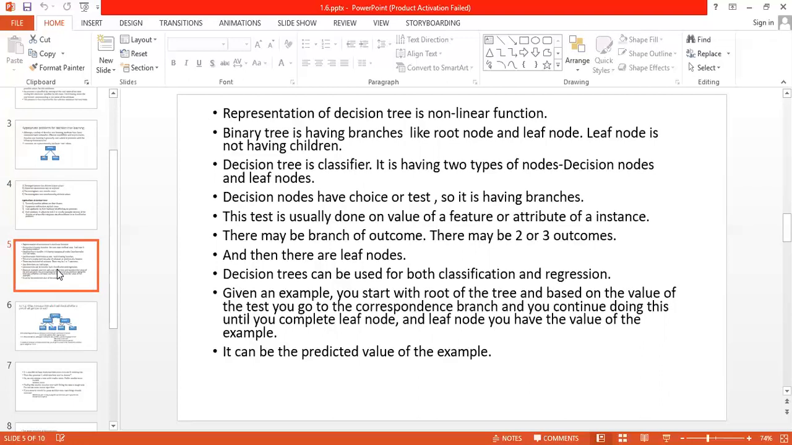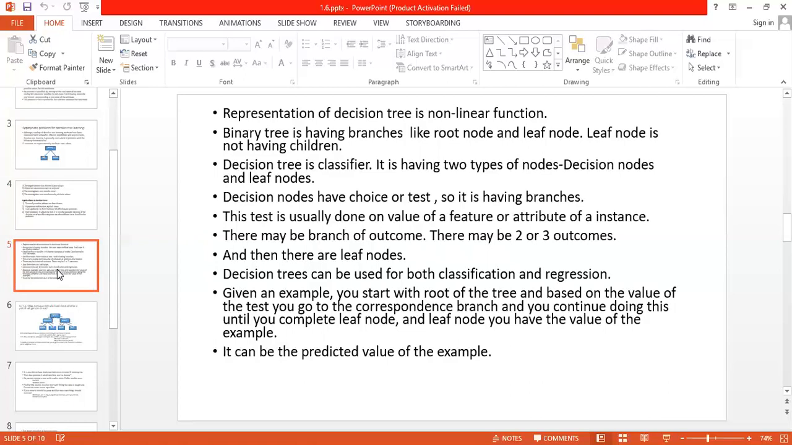Decision trees can be used in both classification and regression, because it works on the supervised kind of learning. Given an example, you start with the root of the tree. Based on the value of the test, you go to the corresponding branch, and you continue doing this until you complete the leaf node. And at the leaf node, you have the value of the example,